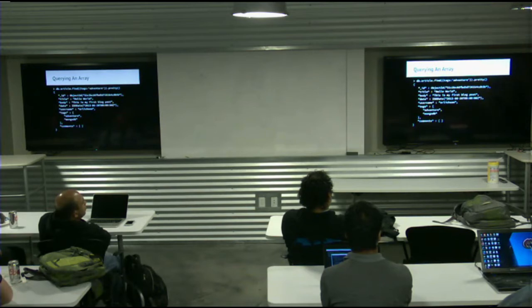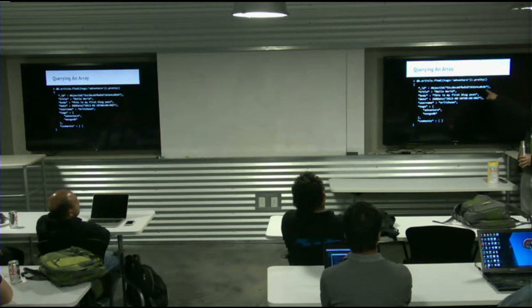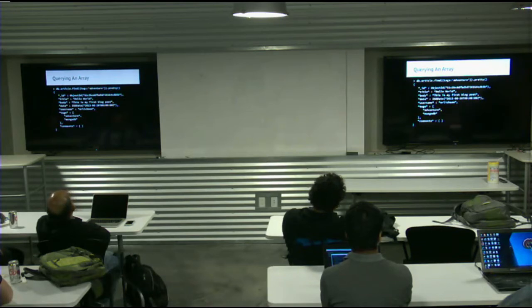In this case, for a find, you're basically saying, I'm going to send in a JSON object and find me everything that matches this. Because tags is an array, it's going to look at that field and say, show me all the articles where the tags field contains the entry adventure. So it's going to go through this and say, all right, tags is an array, adventure is one of the items in the array, and pull it back. It's pretty smart to know what's an array and what's not, so you can query against it effectively. And you can create an index against the array field if you want to.